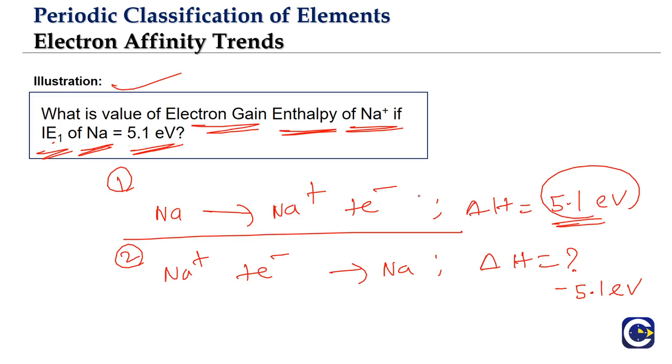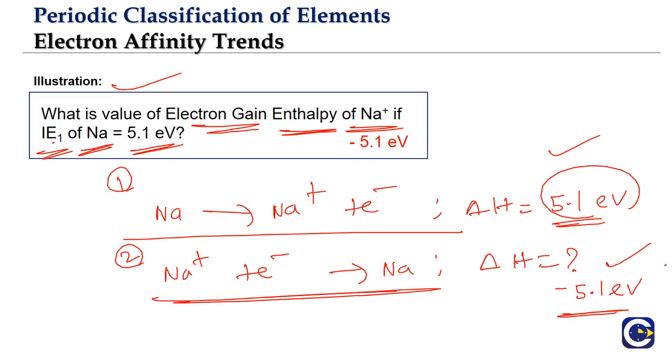Means for the original equation 1, what is the enthalpy change? 5.1 electron volt. You reverse it means you are getting equation 2. Means equation 2, the enthalpy change will be equal to what? Minus of 5.1, which is minus 5.1 electron volt. Means what? It tells that this much amount of energy is being released. Okay, the first process, we can see ionization energy means what? If I say ionization energy is 5.1 electron volt, means that 5.1 electron volt is absorbed or that has to be supplied for the removal of electron. Electron gain enthalpy is minus 5.1 electron volt, means what? This 5.1 is actually being released.